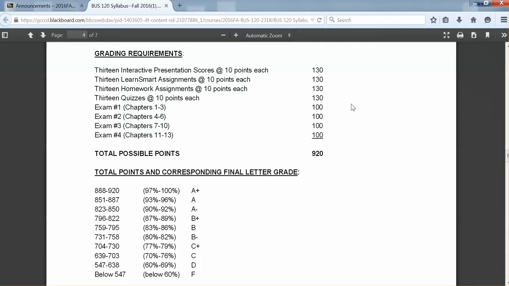You can do well on all 4 of the exams, and if you don't do well weekly, which is really the way I'm going to be able to evaluate whether or not you know and you've developed the skills required of this financial accounting course, then you're not going to end up doing well, and you certainly won't have the skills to move on in your accounting studies or in the profession. All right, so that's pretty